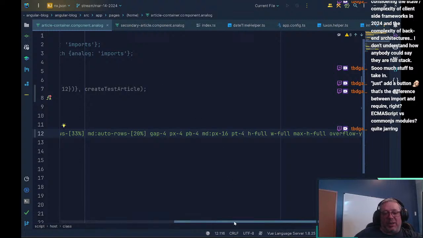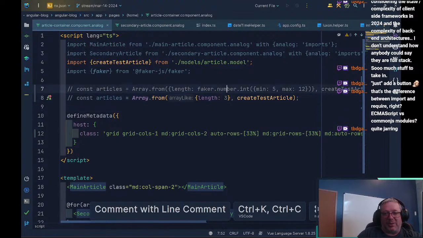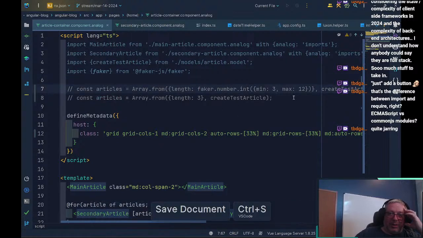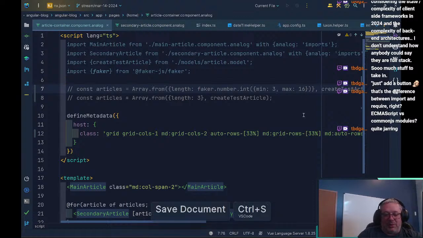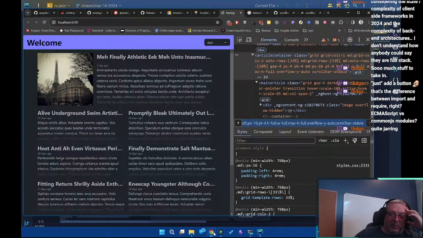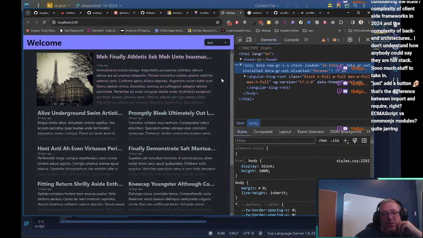So let's go back to the main article and let's comment this out and say between 3 and 12 articles. We'll go up to 3 and 16 and we'll uncomment this one. So with the scroll bar there,